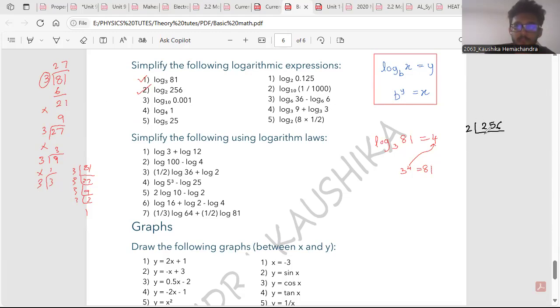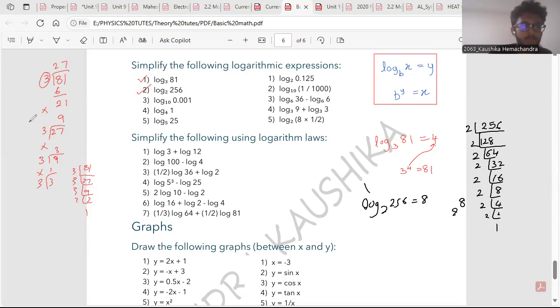So 256 divided by 2 is 128. Divide by 2, 64. Divide by 2, 32. Divide by 2, 16. Divide by 2, 8. Divide by 2, 4. Divide by 2, 2. Divide by 2, 1. So 1, 2, 3, 4, 5, 6, 7, 8 twos. Yes, all of you have said the correct answer. Great. So it's 8 twos, that's 2 to the power 8. So log 2 of 256 is equal to 8. Next one,